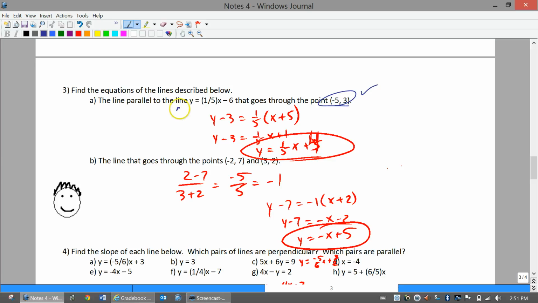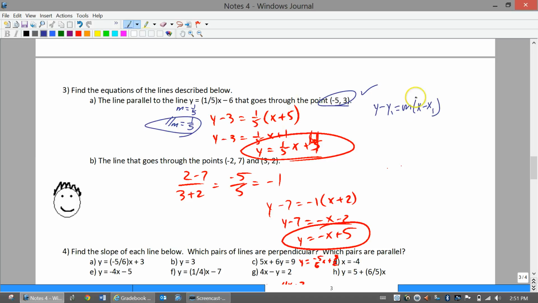Parallel lines, we know that they have the same slope. So the slope of that one is 1/5. The parallel slope of that is then going to be the exact same, or again 1/5. We're going to take that and the point, and we're going to put them both into point slope form. Again, where